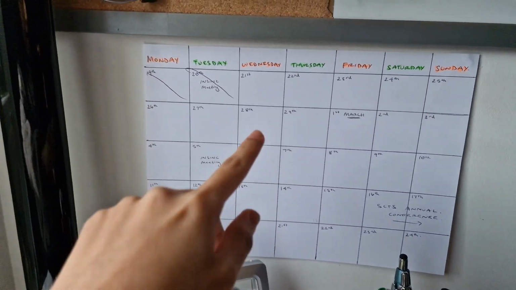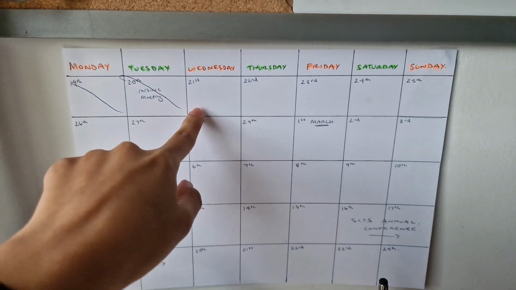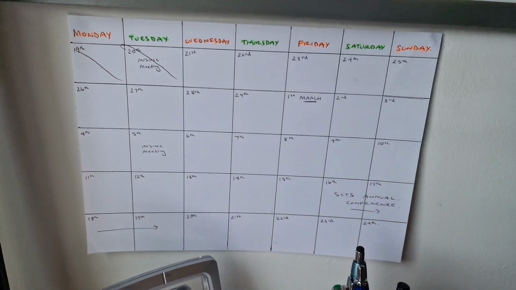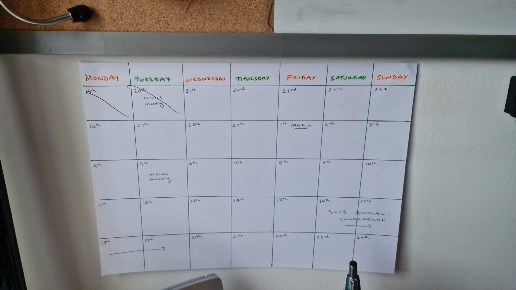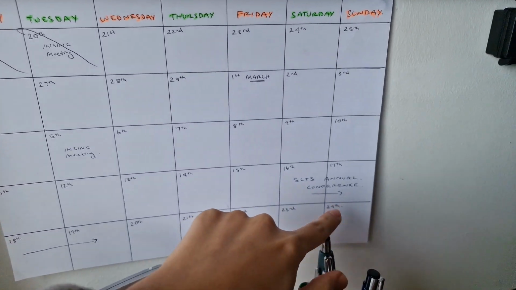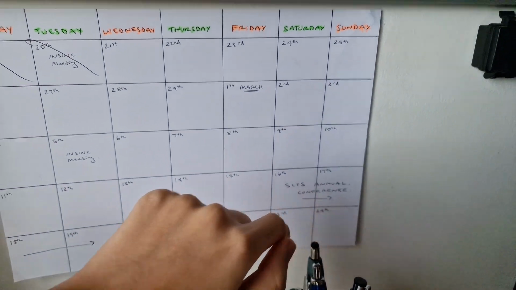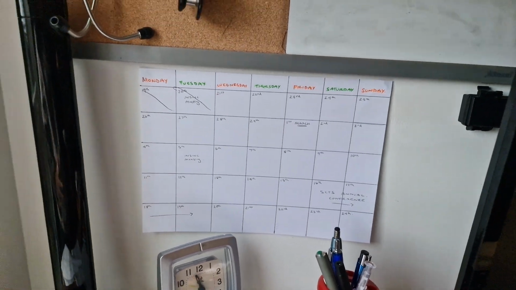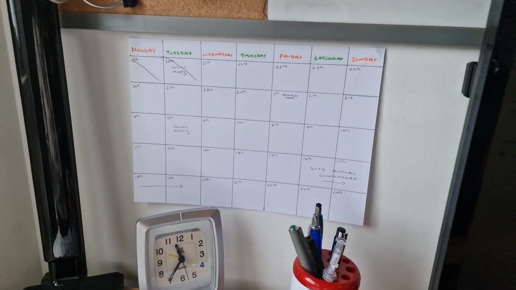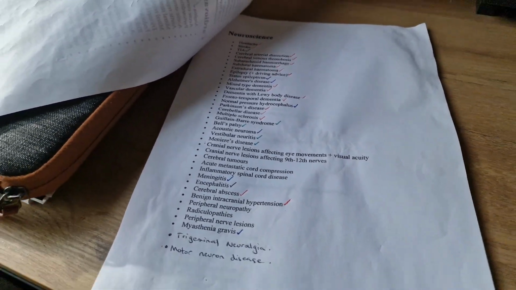So let me show you what the plan for today is. Basically, today is the 21st of February and I have an exam on the 25th of March, which is the day after my calendar ends. Now, what that means is that I am in revision mode, and as you can see today,